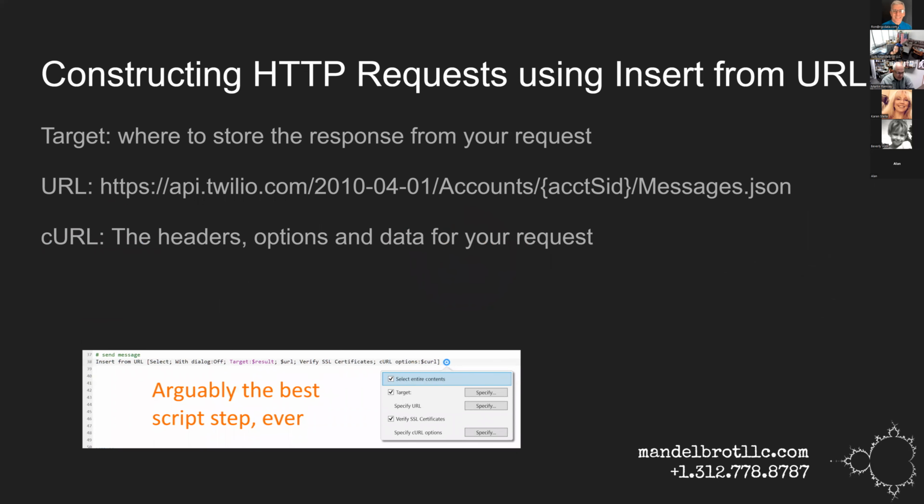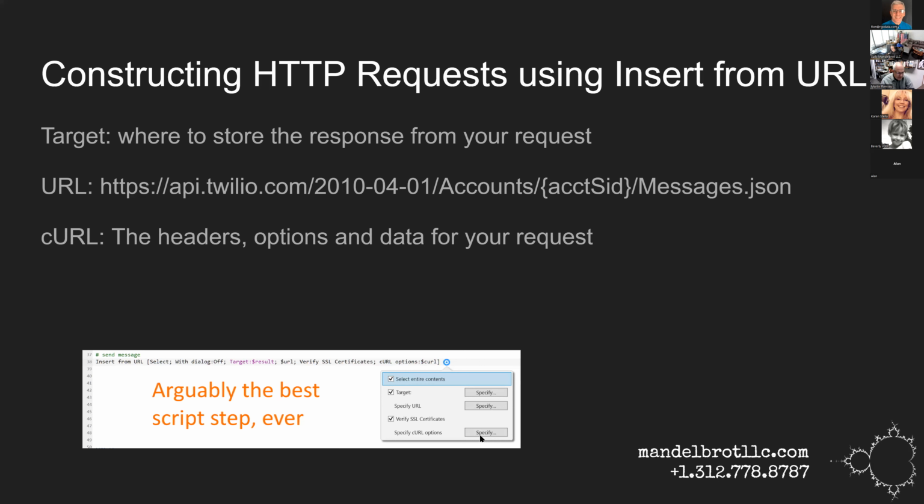So when you're constructing these HTTP requests to communicate with outside services, there's really 3 different options. You have a target, right? That's where you're going to store the information that is returned. So that's a variable or it's a field. Then you have a URL, which is where you're sending the information. And then of course the cURL options, which is everything else. So your authentication, what type of response you're expecting, basically whether it'll be JSON or XML or HTML, you tell it, I accept JSON, right?